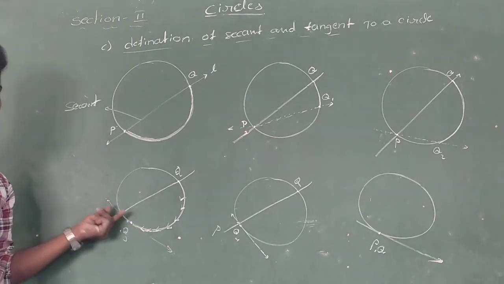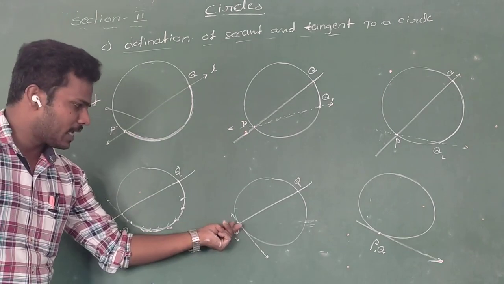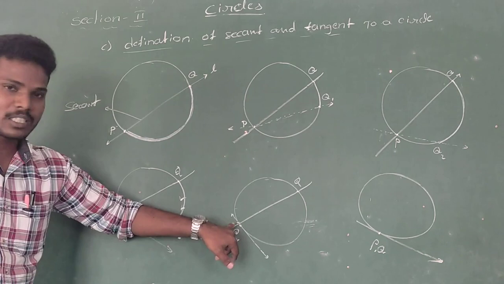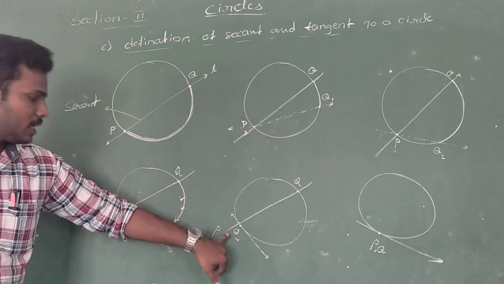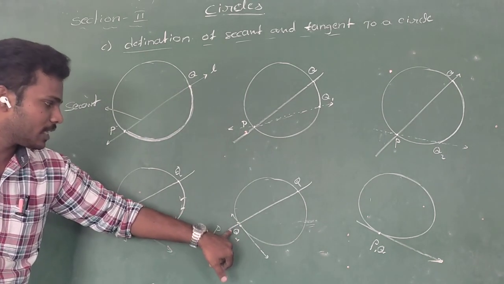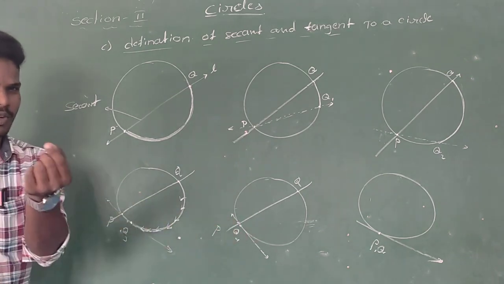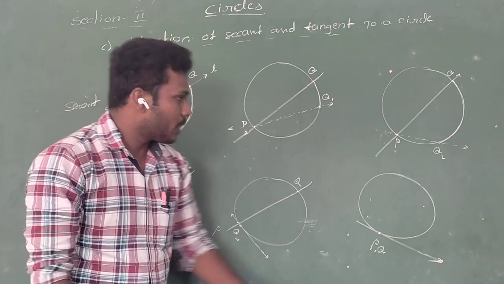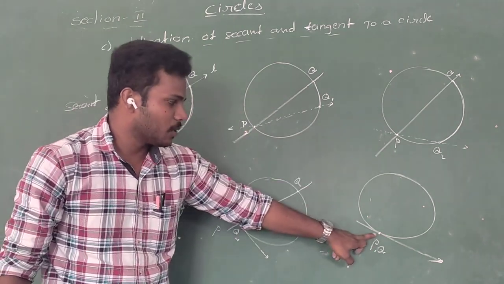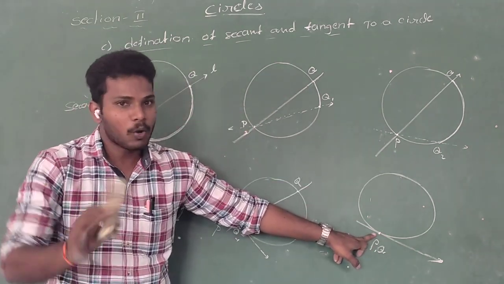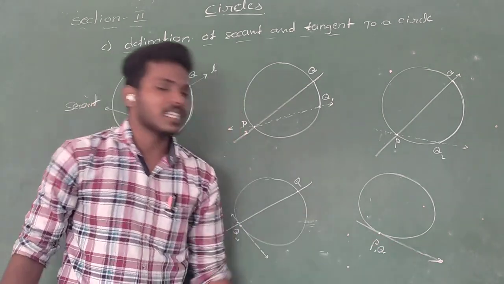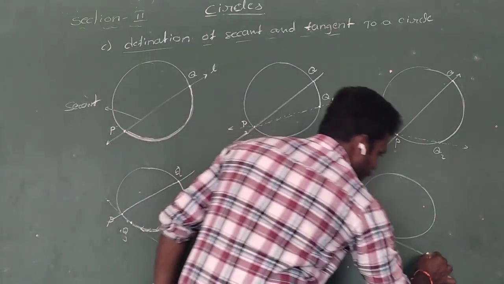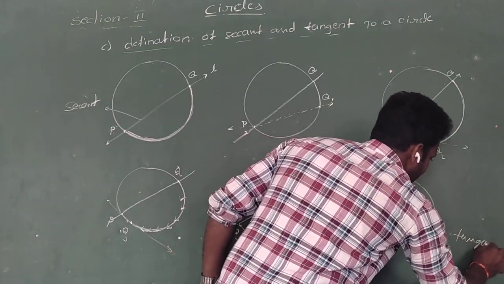Here also it intersects two points. Here also nearly closer to the point P. Q is nearly P. So the location is Q4, and Q4 is nearest to P. But here also there is just a small difference, two points. So when Q approaches P exactly, that is, P and Q both coincide, coincide means the line touches the circle at only one point. This line is called a tangent.